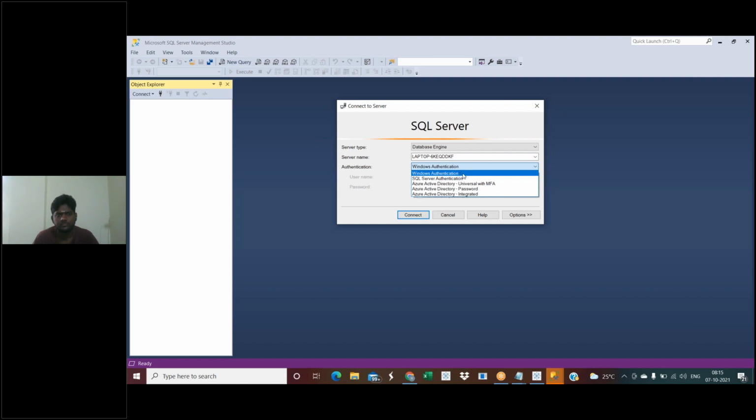Whenever you connect with a company's own system or a client like Reliance, you can use SQL Server authentication, then you add the login name and the password as well. This is how you connect in real-time cases. As of now, we are connecting with Windows authentication, which we already discussed is your own laptop authentication. That's it. Just connecting.